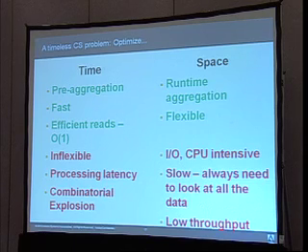What does that mean? The combinatorial explosion is what happens when you have dimensions which have a huge number of values, like tags. For example, if you think about Delicious, the set of tags in Delicious. If that were one of your dimensions, you'd have a huge set of pre-aggregated rows. On the other hand, you can just query the initial data set, and that's the most flexible you can get. But it's really I/O and CPU intensive, because in the worst case, you basically need to scan through the entire data.